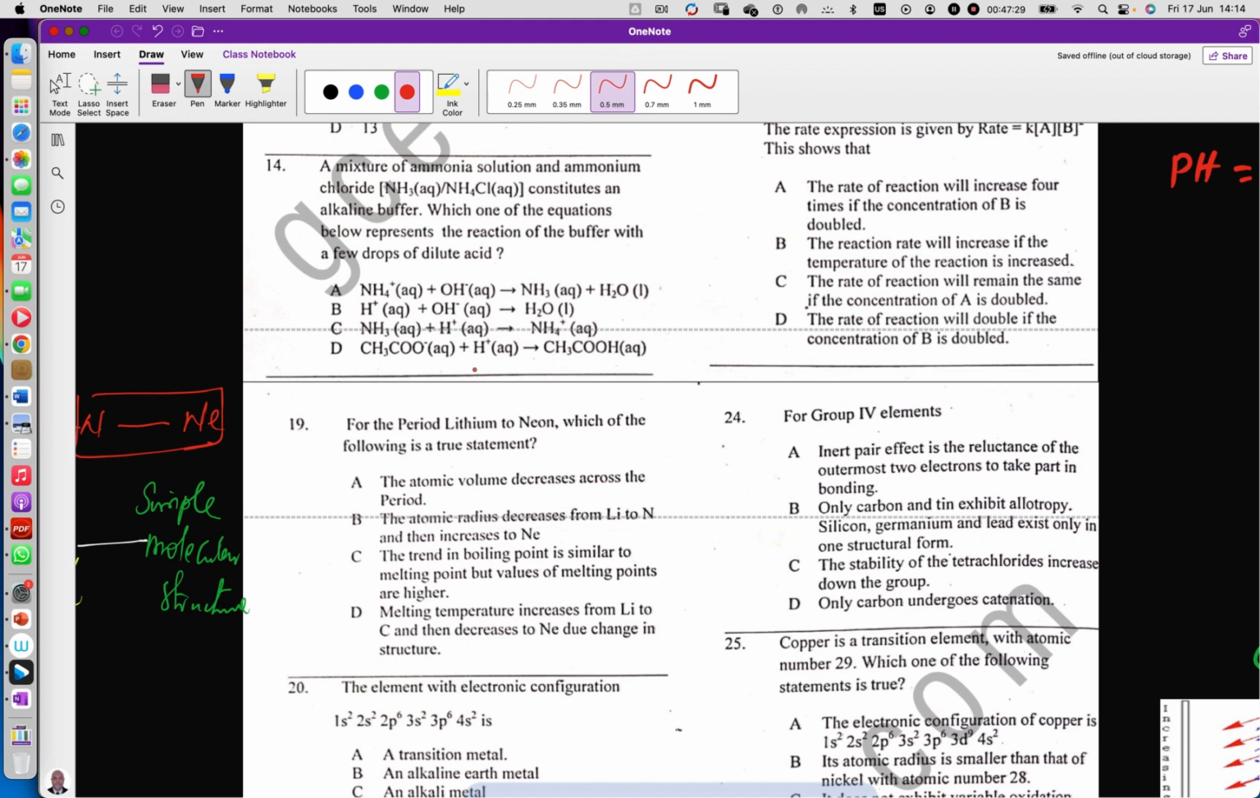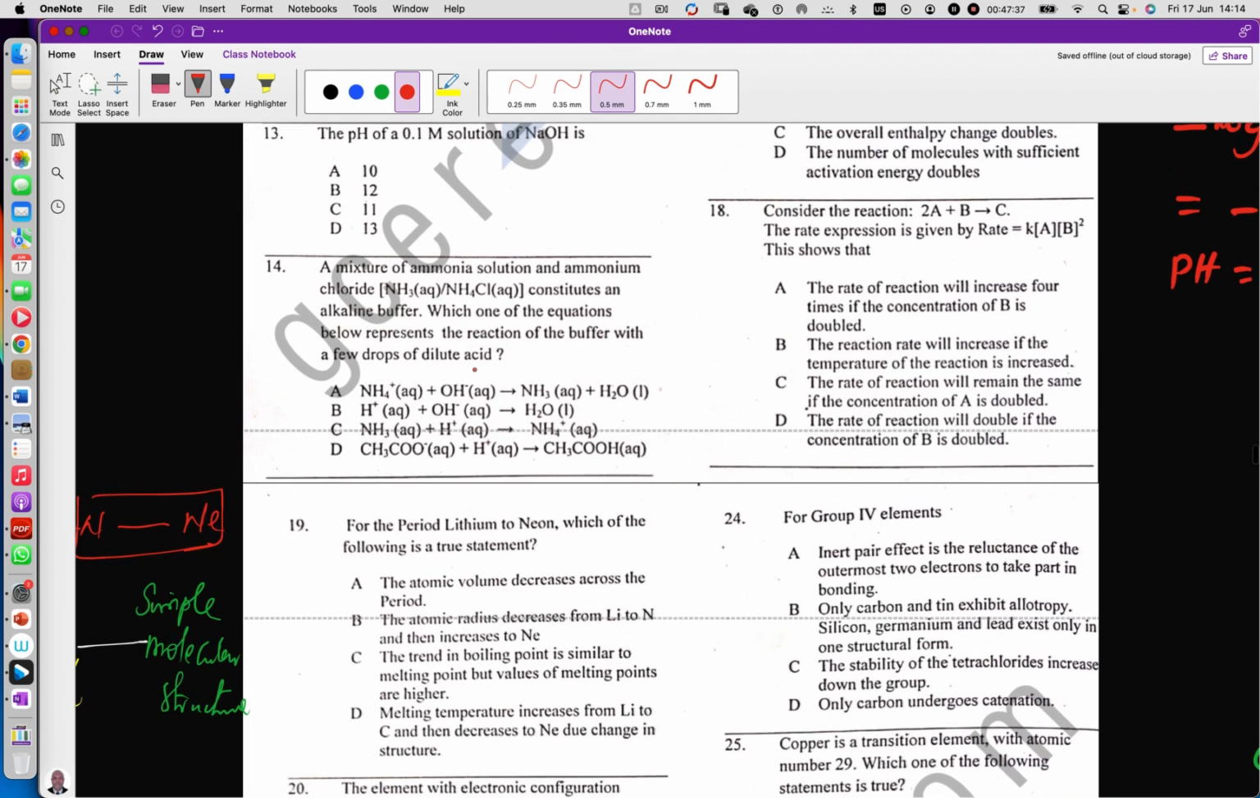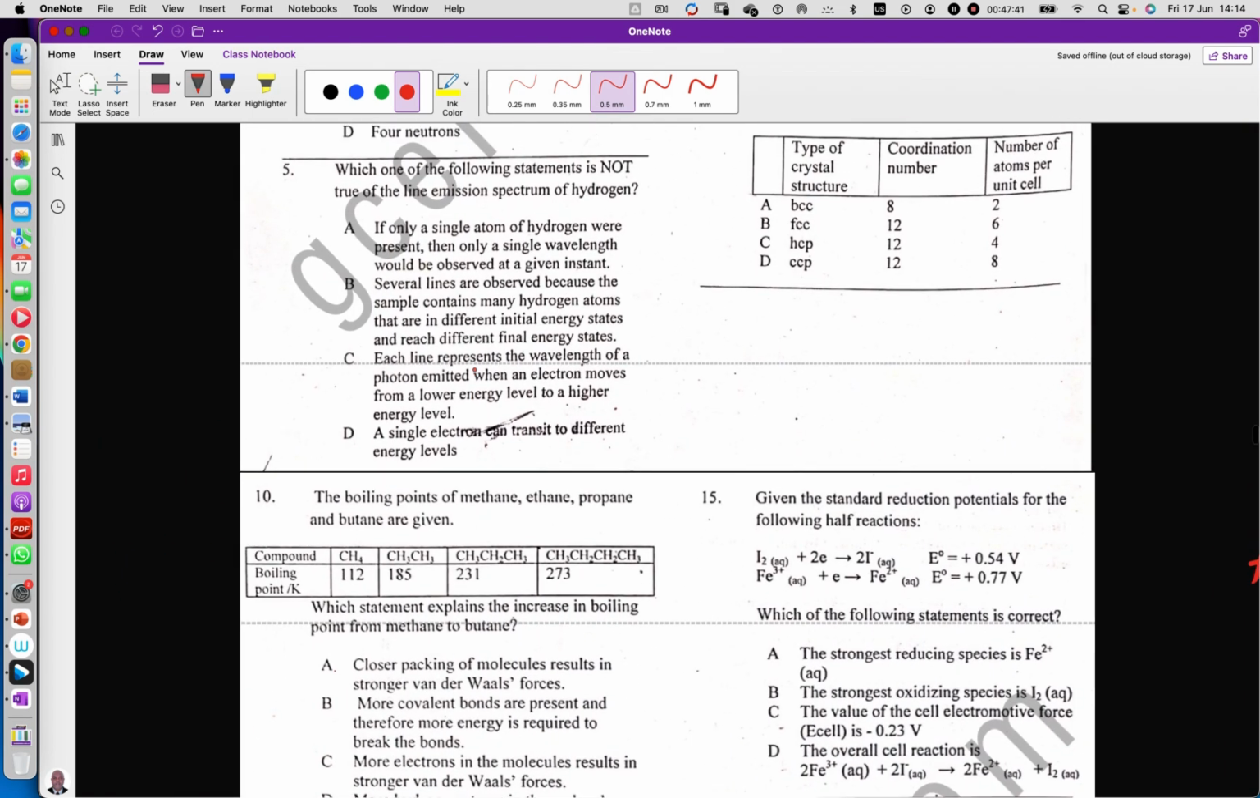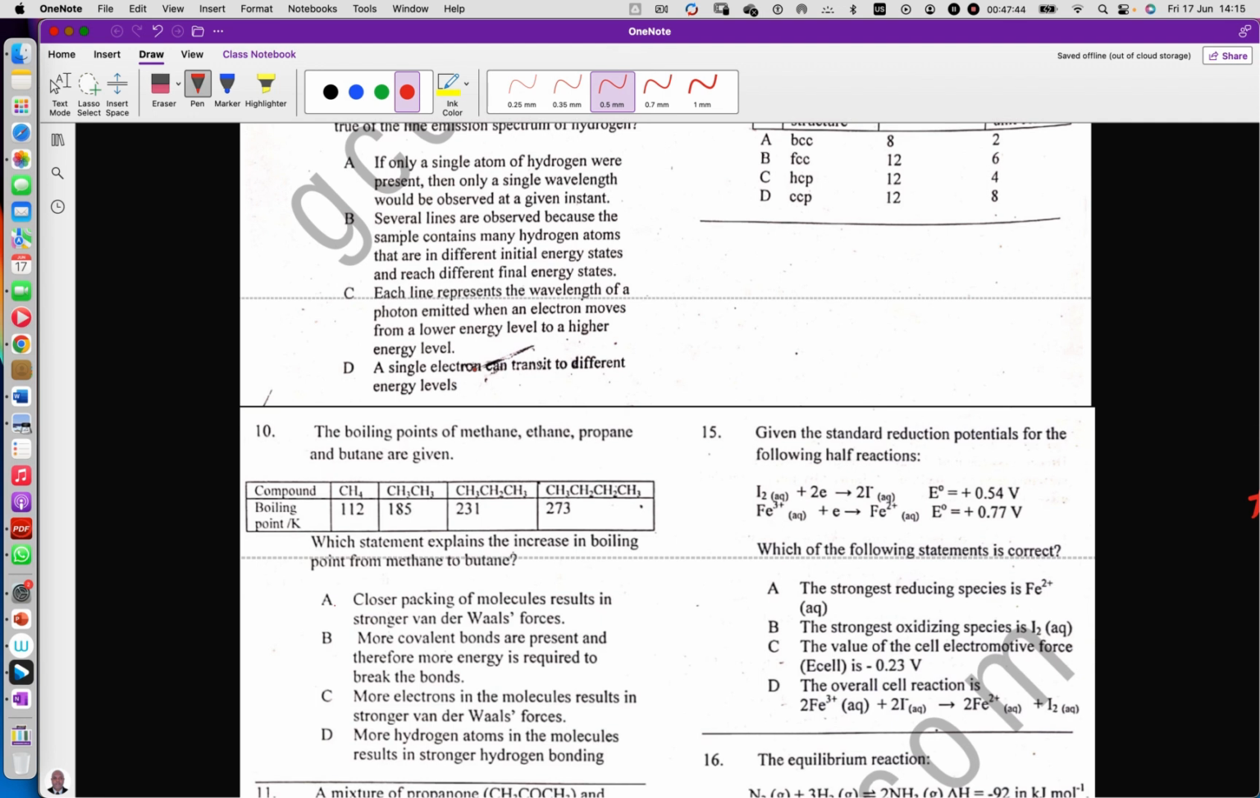Question number 15 has to do with the given standard reduction potential for the following half reactions. You have iodine aqueous plus 2 electrons to give iodides. You have iron 3 plus plus an electron to give iron 2 plus, an oxidation-reduction reaction. Now, using the standard reduction potential, it shows from this reaction that